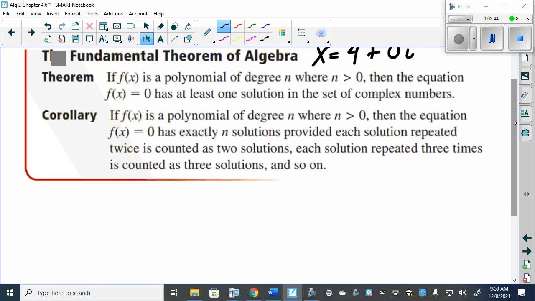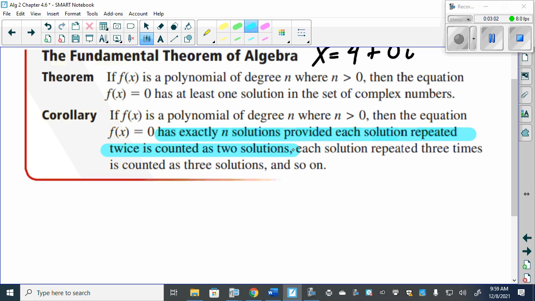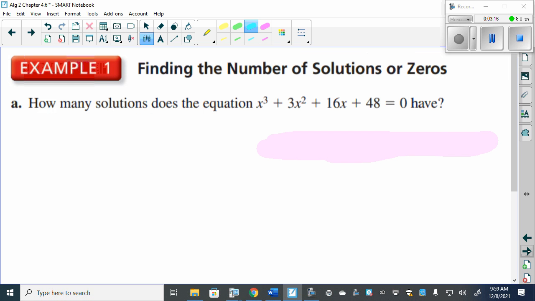Now, corollaries are something that comes from the theorem itself. And the corollary for this is: if f is a polynomial of degree n greater than 0, then the equation f of x equals 0 has exactly n solutions, provided each solution repeated twice is counted as 2. So that tells us whatever the degree of the polynomial is, that's how many solutions we'll have. And we do have to count repeated solutions more than once. Therefore,